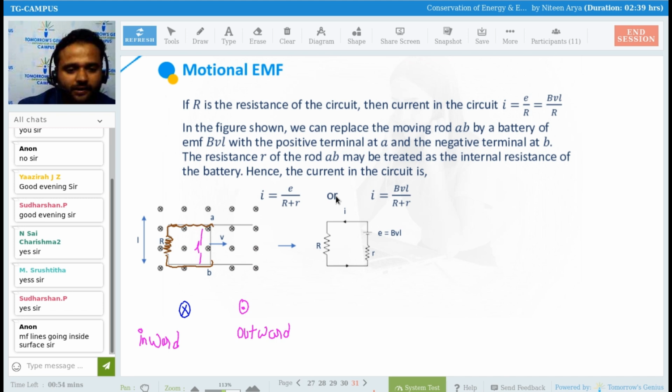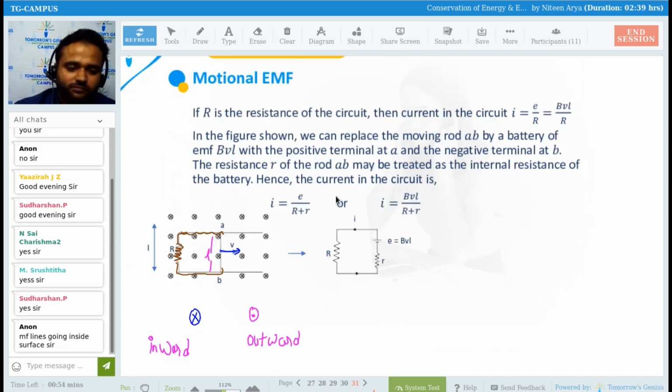Clear? So the moment I move this particular wire in this way, I can change the color now. If I move this wire in this way, an induced EMF is going to be generated. Fair enough, clear enough, we learned this thing. And if it is BLV, beta, in this particular circuit figure, we can write directly.